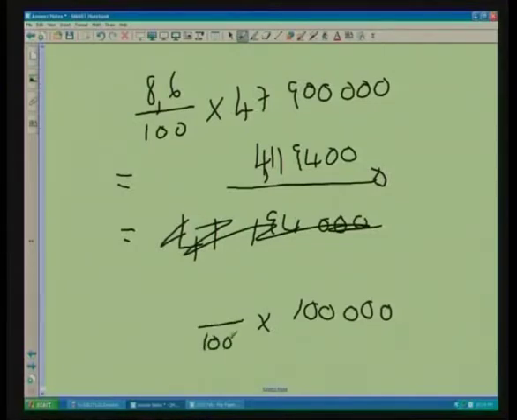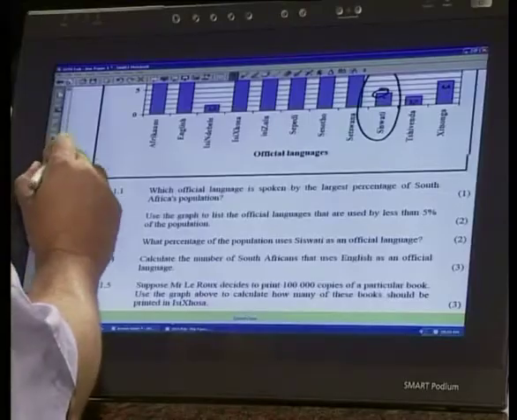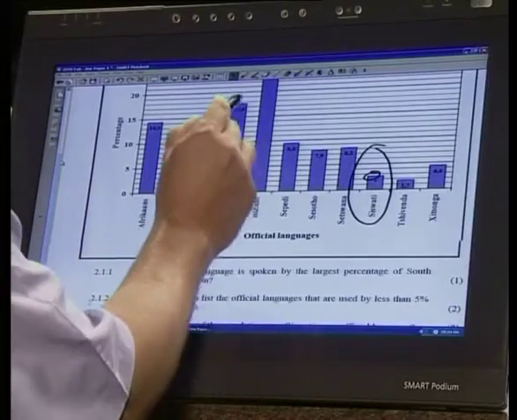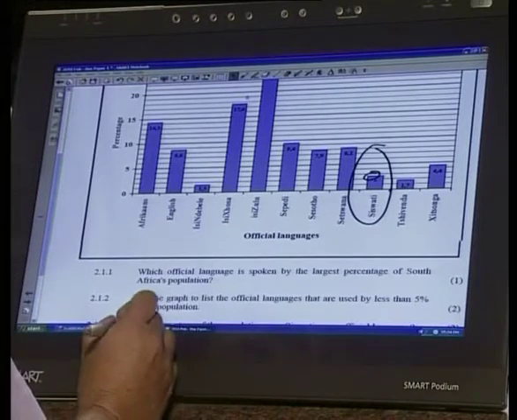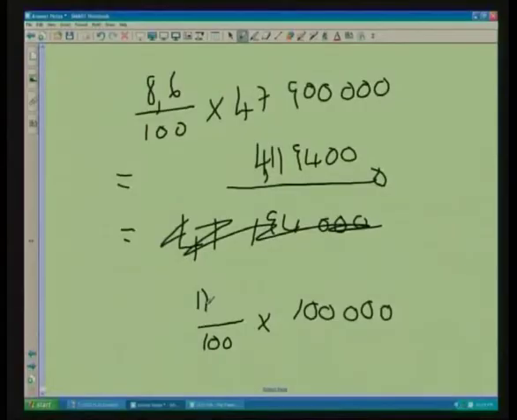And that percentage, if we look at our graph, here it is, 17.6%. So we only want 17.6% of our 100,000. And we do that basically with a calculator. We say 17.6 over 100, multiply it by 100,000,